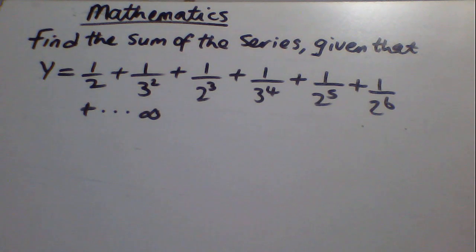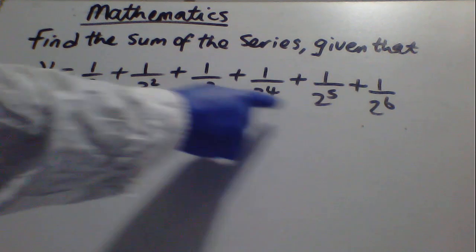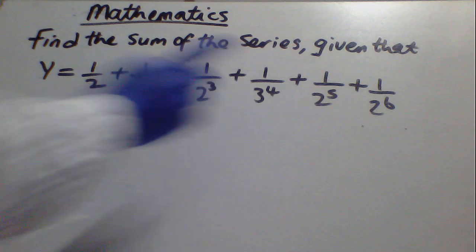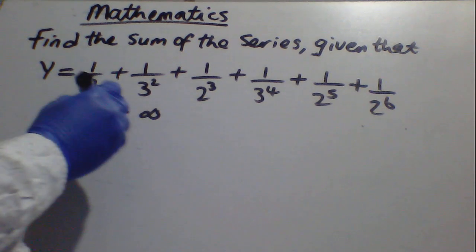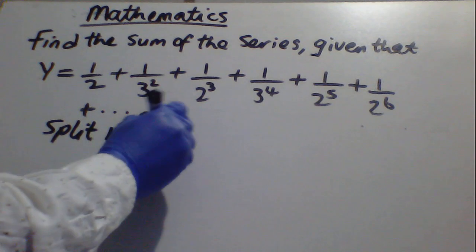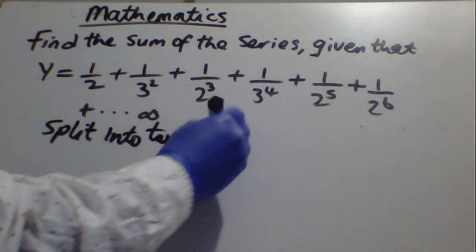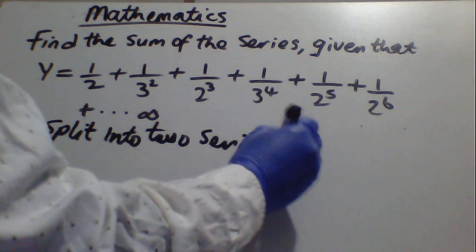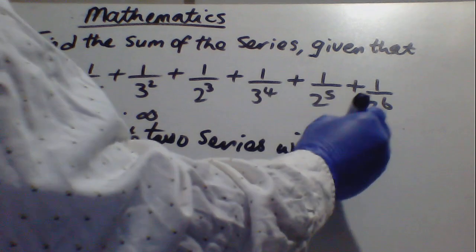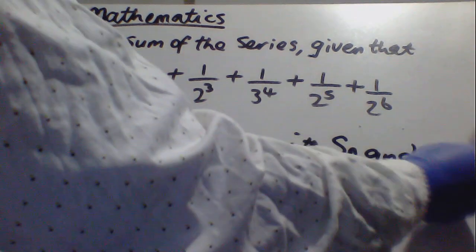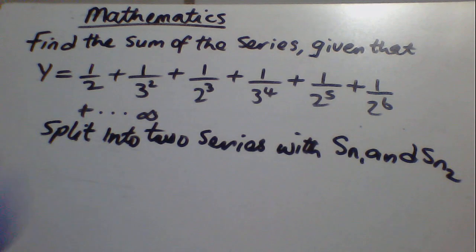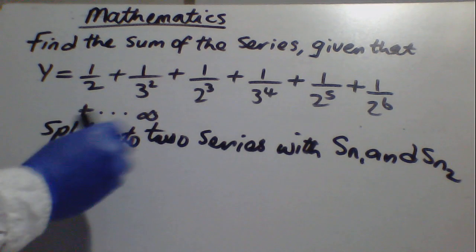So the best way to solve this type of problem is to split it into two, as we have fractions in 2 and also fractions in 3. So split it into two series, which have different sums, Sn1 and Sn2. So for the first series,